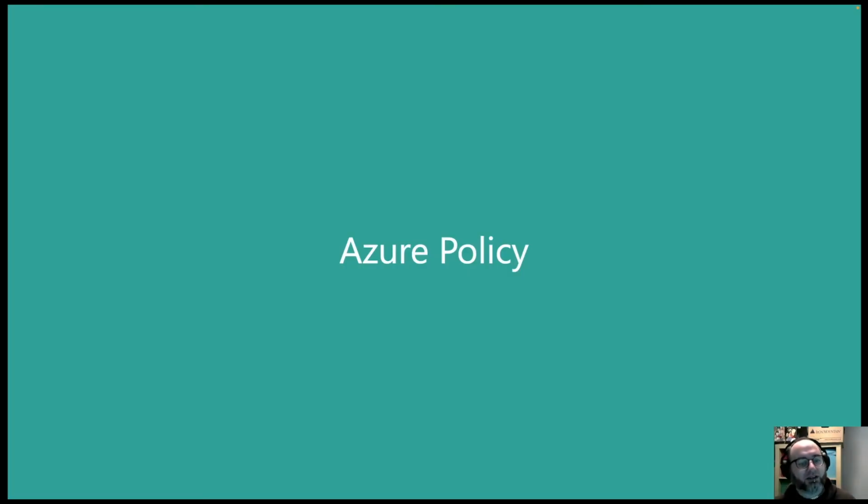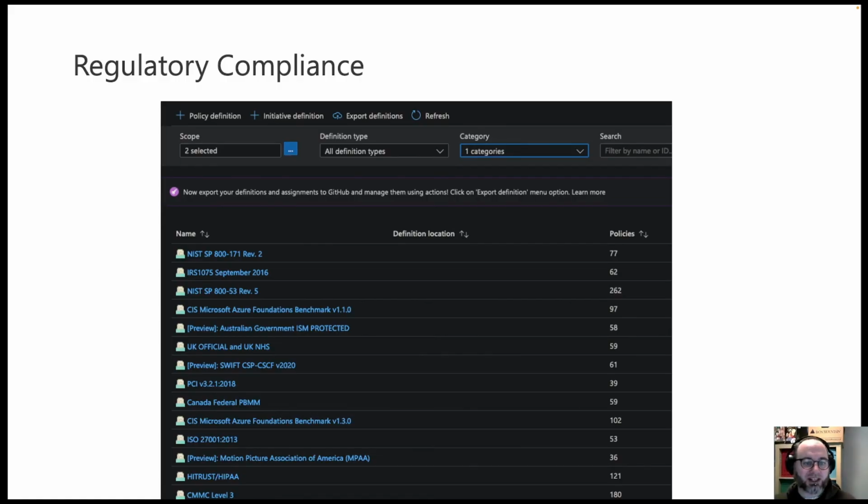So I very much wanted to end off with a look at Azure Policy. Now, this is a very specialized set of tools that you may or may not want. You can enable this when you install your AKS cluster. Again, it's done in the form of an add-on. But what does this really do? Now, this is really aimed at people trying to